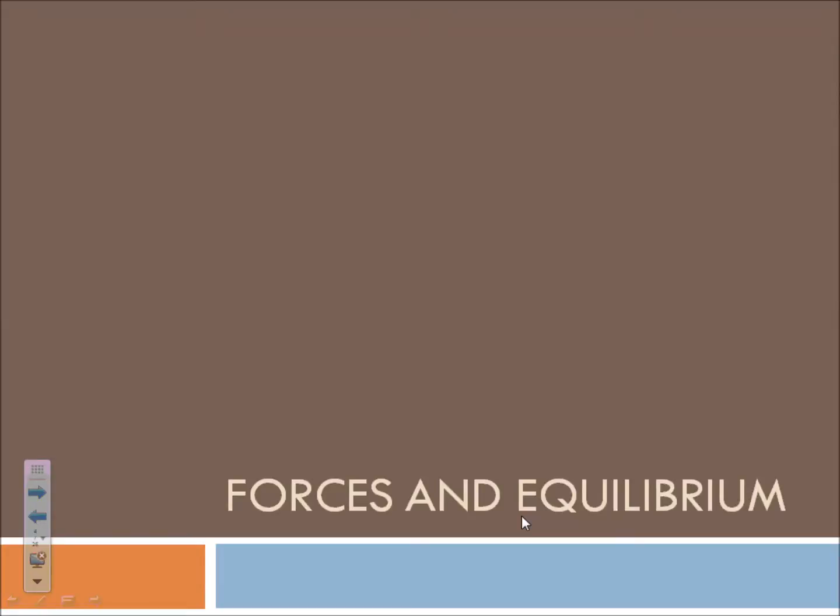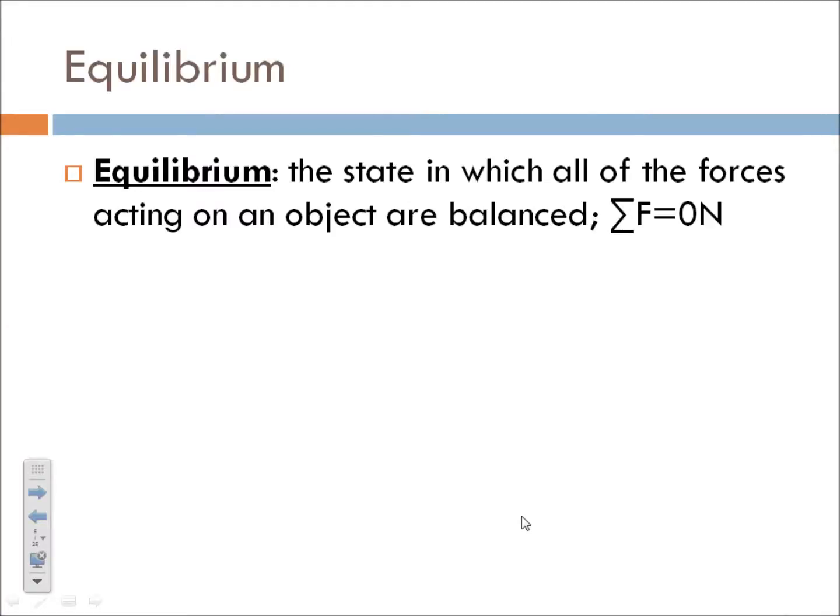All right, so equilibrium is a special word that we typically use here in science classes. And equilibrium always means a state of balance where things are balanced. And depending on what class you're in and what you're discussing, equilibrium can mean different things. But we're talking about forces in this unit. So when we talk about equilibrium, we're talking about a state in which all the forces on an object are